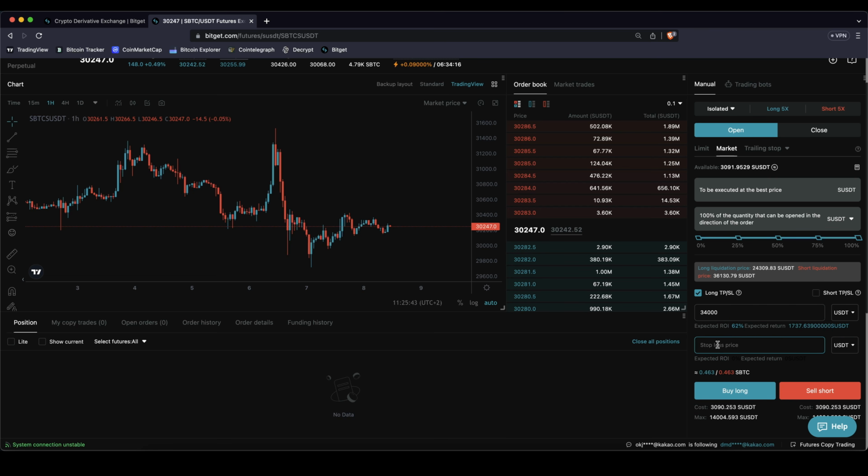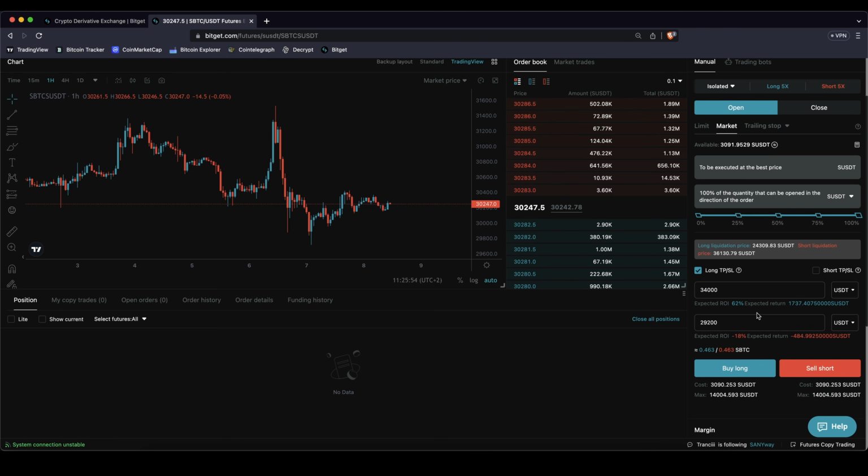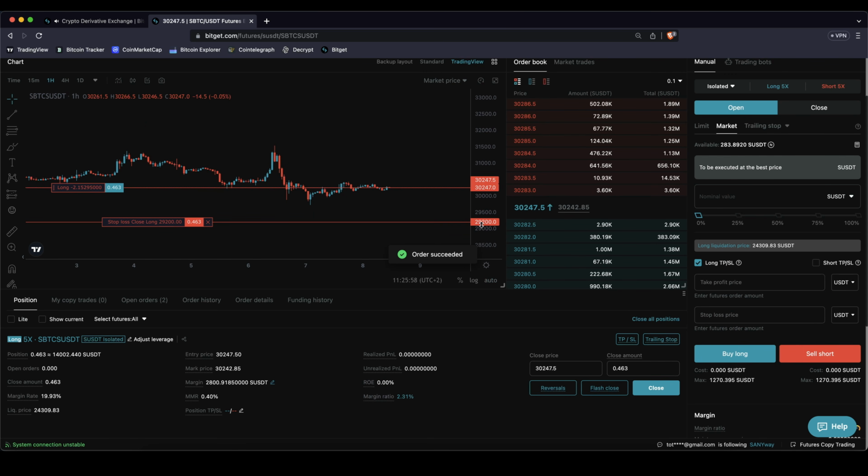Our stop loss, let's say we want to put it at 29,200. And then we would make 18% loss, $400 of a loss. Works fine for us. We can just click on buy long, confirm, and as you can see, now we have